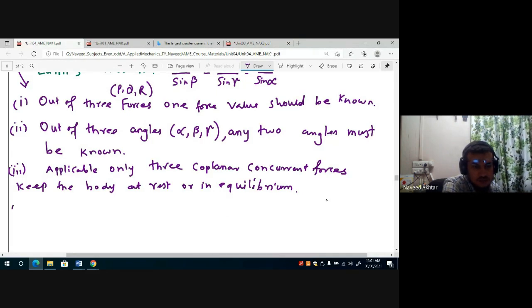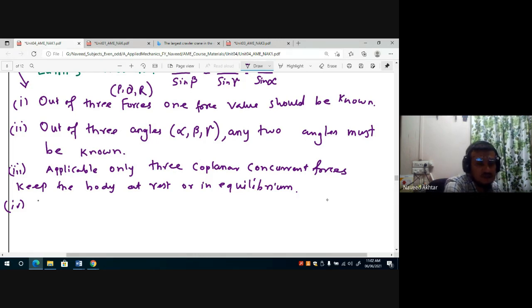Fourth condition will be: Lami's theorem is based on the sine rule for solving a triangle, and it is a relationship between the side and the angle opposite to it. But sometimes in problems like jib crane, the three lengths, the length of tie, jib and post, are given. In such a case, the cosine rule should be used first to solve the triangle, and then Lami's theorem can be applied. So this is the Lami's theorem based on the sine rule.